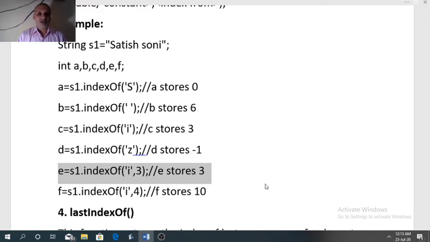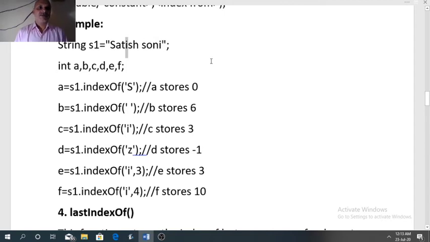It means i will be searched in the given string from index number 3. So first see where index number 3 is: 0, 1, 2, 3. Searching will start from the third index. From here it will start searching, so in the beginning itself it will find the presence of i. So 3 will become the answer of this function. So E will store 3.